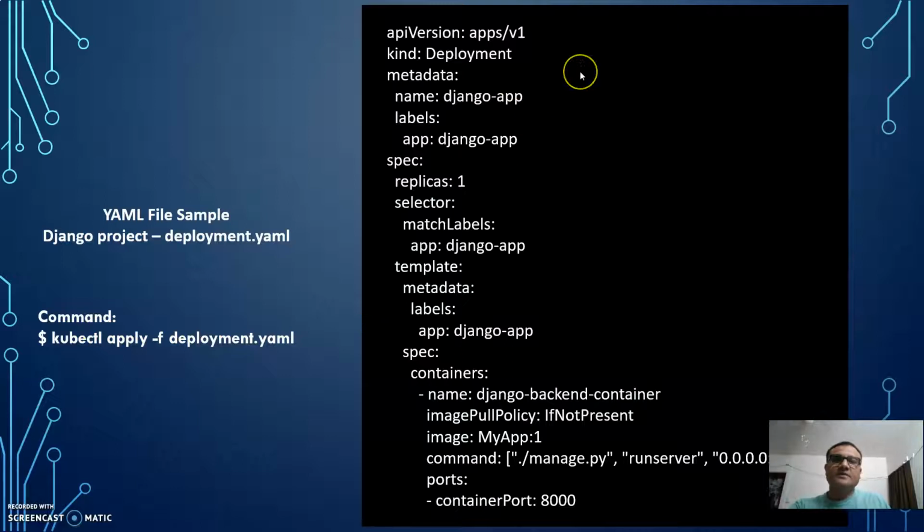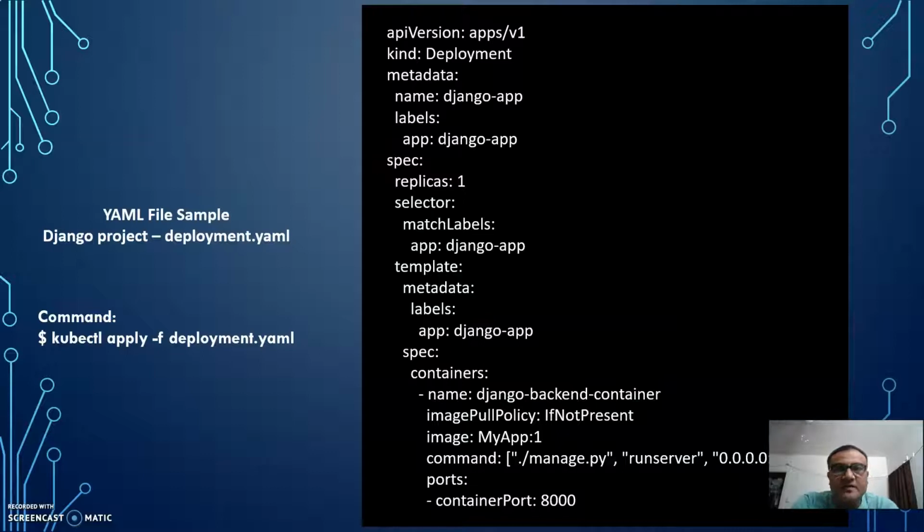So this is a deployment file for the Django app, where the metadata is the app name, and we can give the label on that pod. This is for only one replica. It is not advisable to run only one replica, because when we have traffic in our app, we need more than one replica.